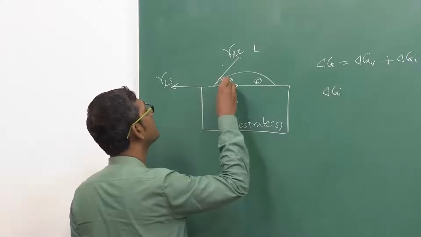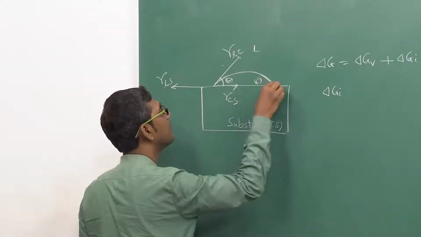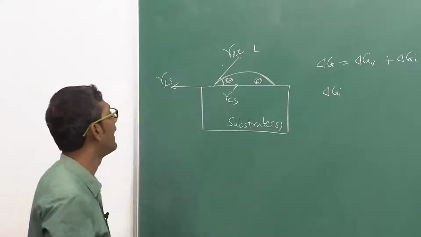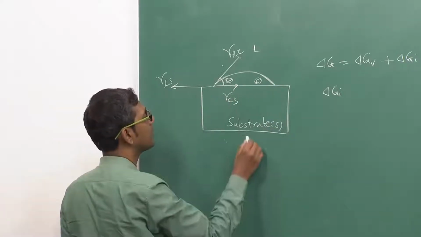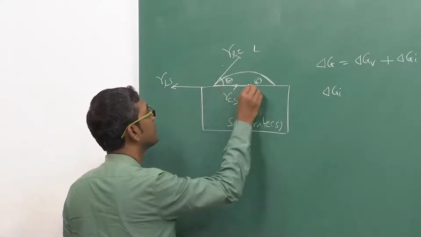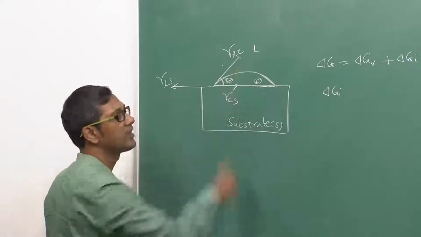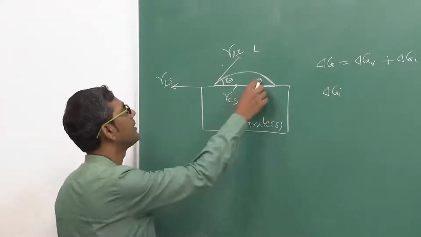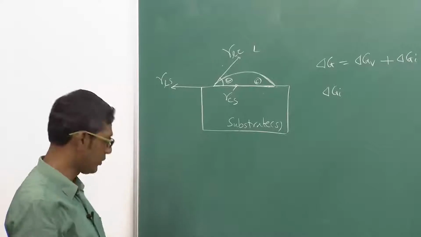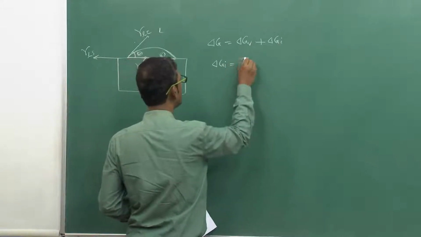So the liquid and the crystal are forming an interface along this curved surface, and the crystal and the substrate are forming an interface along this one. So basically the earlier surface, which was between substrate and the liquid, is now replaced by the crystal and the substrate. So that means what? That means we can write down delta G is basically interfacial energy